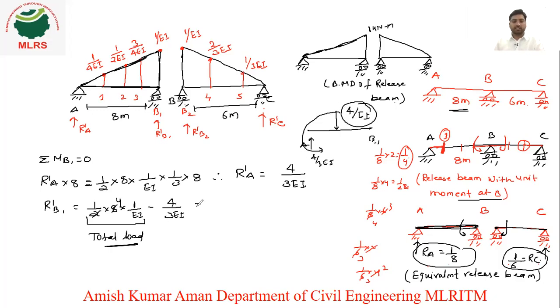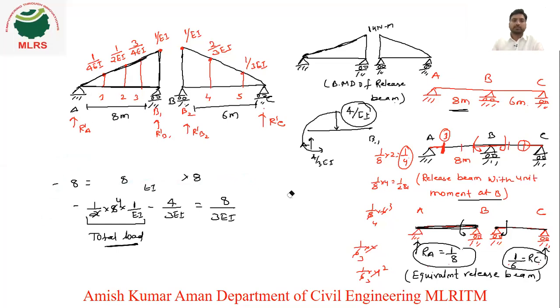So same I am doing here. From this also you can calculate, or otherwise you can take summation of moments at A is equal to 0. So from that also you can calculate, but this is easier, right? Just we need to calculate the total load, that is area, minus whatever the reaction we got, that value. So from here you will get 8 upon 3 EI, right? So we have got this R dash A and R dash B1 value. Similarly,